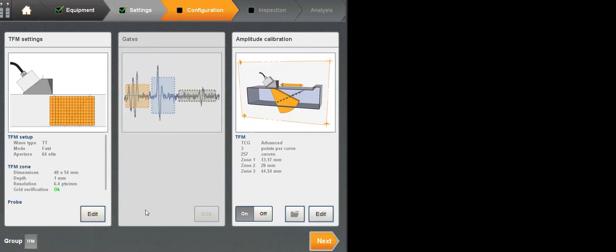Another recommended practice for weld inspection is the use of TCG. All the inspectors in the audience know it. It greatly helps detection and analysis. So not only TCG but also ACG, so both time and angle corrected gain. And here I'm going to show you our automated wizard, 3-click wizard that does that for you. So for those of you who are already familiar with it, bear with me. It's going to take a couple of seconds. So I'm going to just activate it